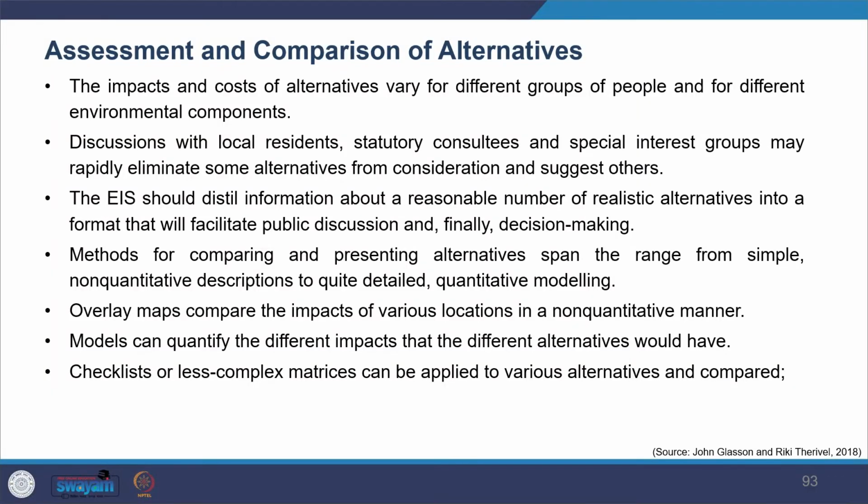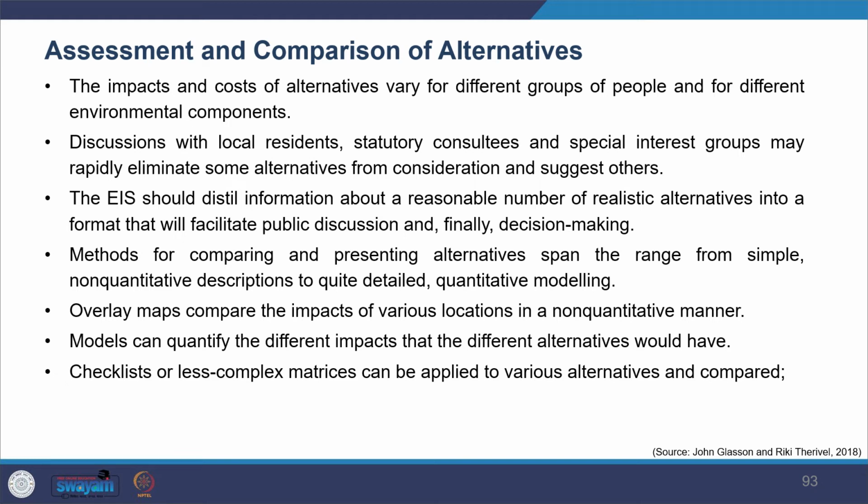The no action or business as usual option is sometimes considered to be mandatory, and when this is taken, it also justifies that whatever project is being undertaken is a required project, and all the alternatives have been considered for that. So that's about the alternatives, and now we look at the comparison of alternatives. How do we really compare and assess the alternatives?